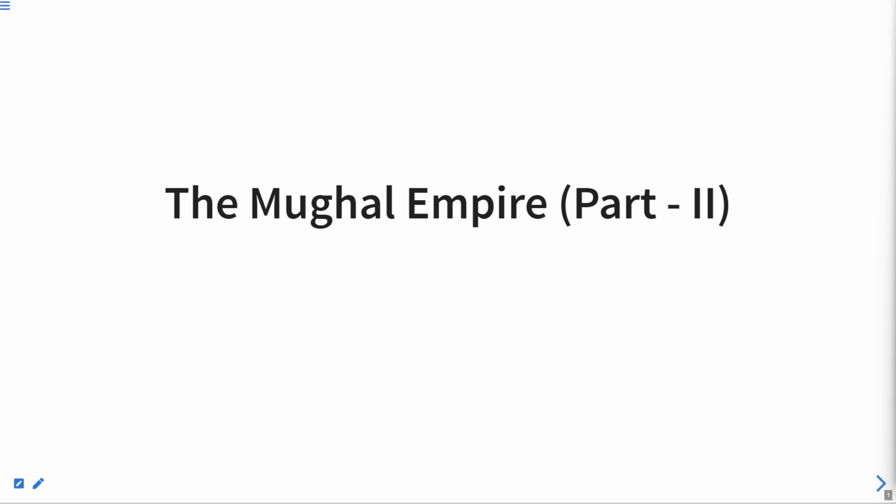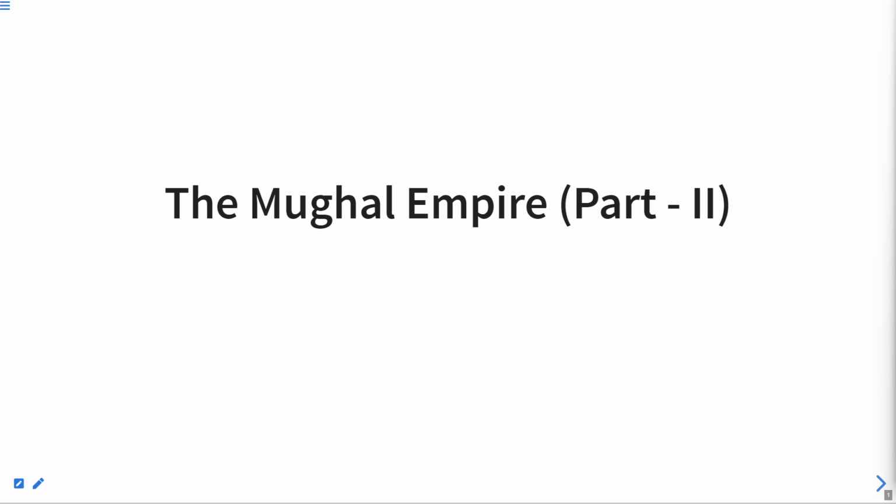Also, we discussed some important points related to Babur, the important battles like the Battle of Khanwa, Chanderi, and the Battle of Ghagra, which are related to Babur. Also, a book known as Babur Nama and the cultural impact of Babur, how Babur established Persian culture and language in India. Then we also discussed the second ruler of the Mughal Empire, Humayun, how Humayun was defeated in the Battle of Chausa and the Battle of Kannauj by Sher Shah Suri,